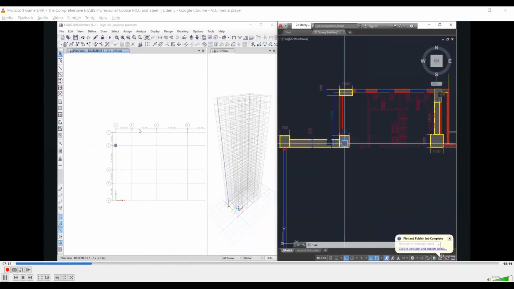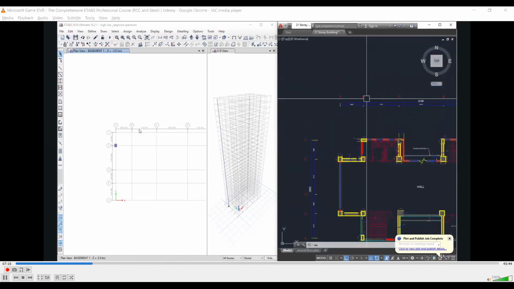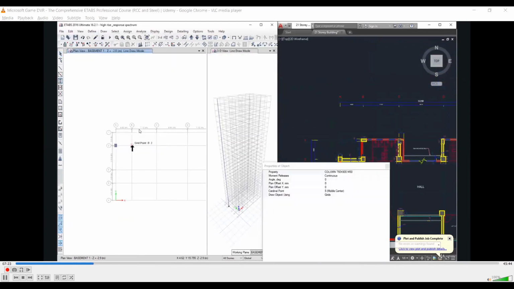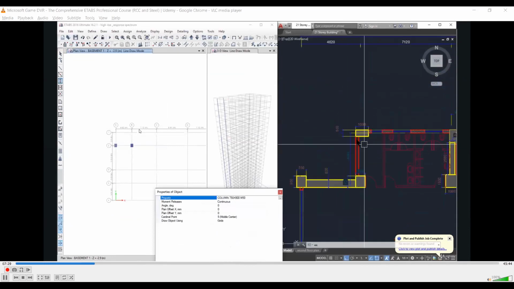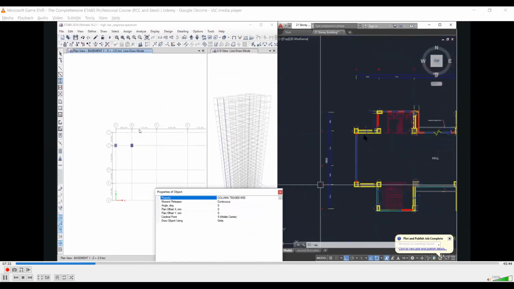After that, we need to again draw the 750 into 900 column here on grid point 2B. So we go to draw, beam, column, brace, quick draw columns. Left click on grid point 2B. So here you will notice that this column is now drawn from this point to this point. After that, 750 900 column is also available on grid point 3A and 3B.